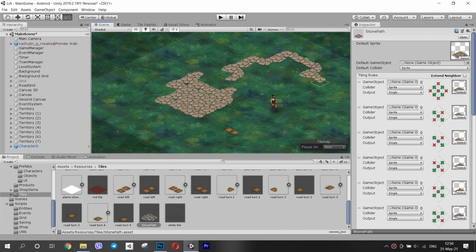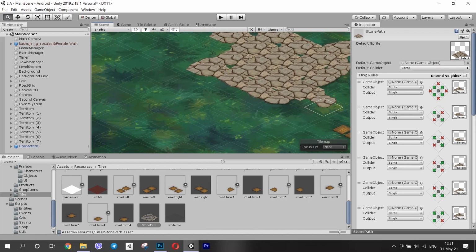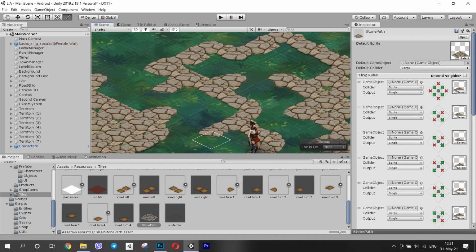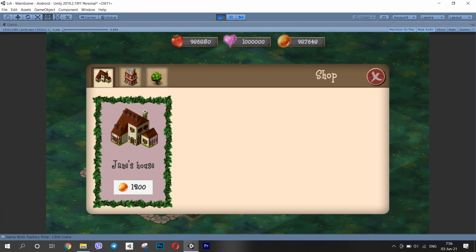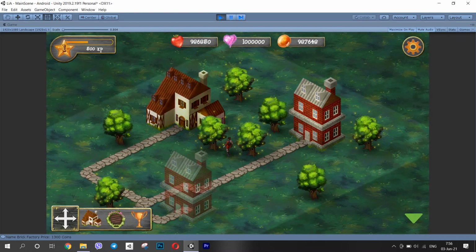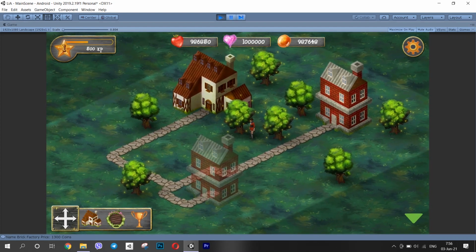If you don't know what that is, it is a tile that has multiple sprites and a set of rules on how to connect them. It means that it automatically sets a different tile sprite, depending on the position of a tile, whether it is at the end of the road, or in the middle, or at a turn. The path was generating fine, although I had to do some modifications at the end, so that each time I place or move a building, the roads get updated.